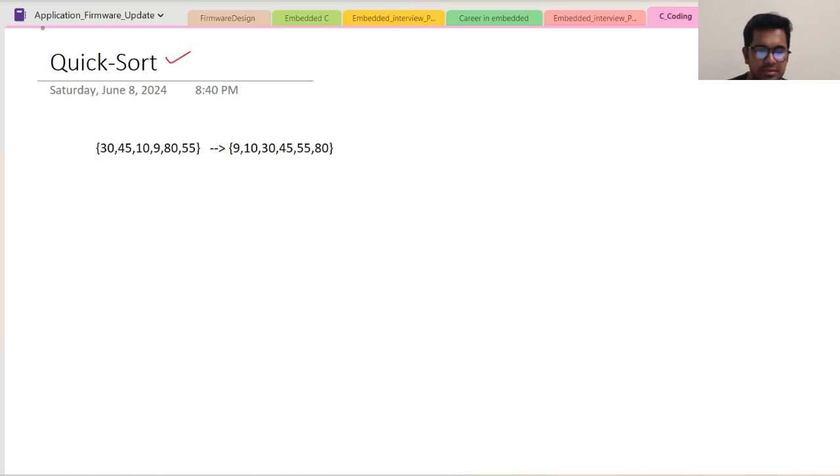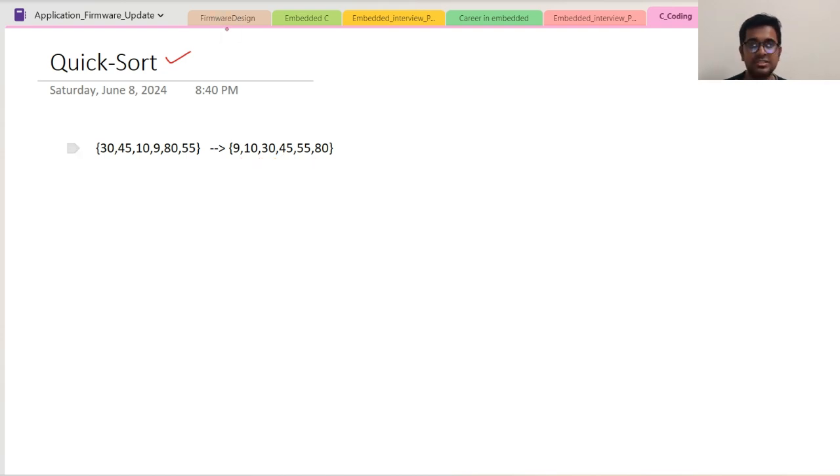Quicksort algorithm is very important in the sense of other languages also. So what is our final goal? The final goal is to sort this unsorted array. This unsorted array after sorting will become somewhat like this. Now the concept in quicksort is very simple. We need to select an element and place it in such a place that all the elements before it are smaller. Simple. If I pick any element in a sorted array, all the elements towards its left are always smaller, and towards its right are always higher or